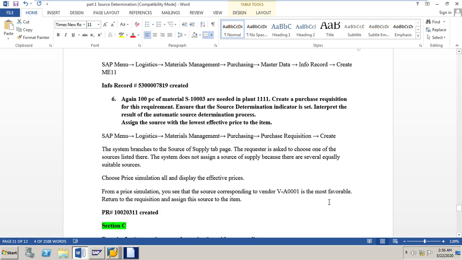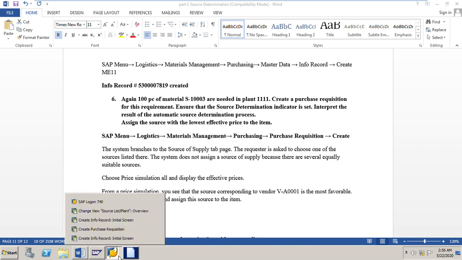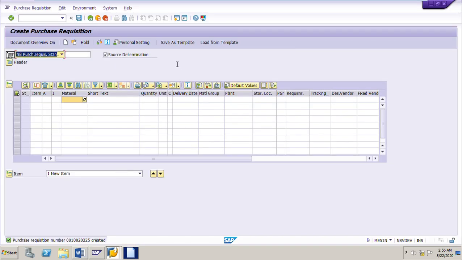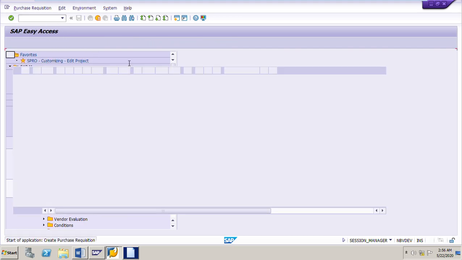We can simulate the prices, find the best price, meaning the best vendor and info record, and assign it to this material S-1003. We will do this. We will create the purchase requisition with the transaction ME51N. Create purchase requisition. I will just go back and come back again. ME51N.